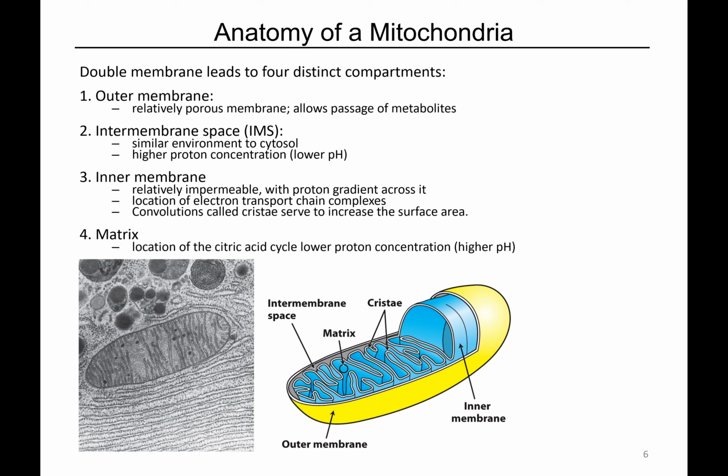Okay? All of the machinery for the mitochondrial electron transport chain and oxidative phosphorylation are housed in this inner membrane. So the idea is that as we transport electrons through these carrier proteins, we pump protons from the matrix out to the inner membrane space. We are moving protons outside of the matrix and building up that chemical gradient across the inner membrane.